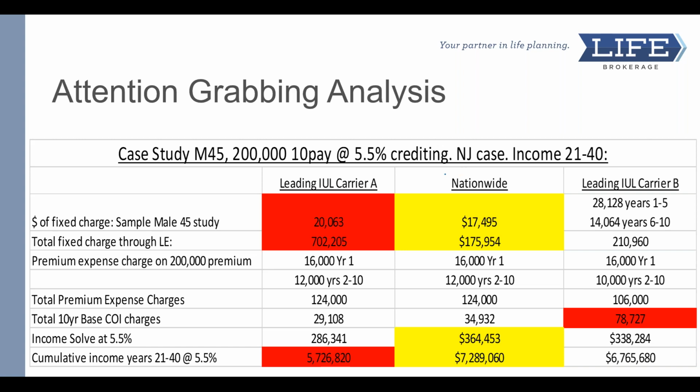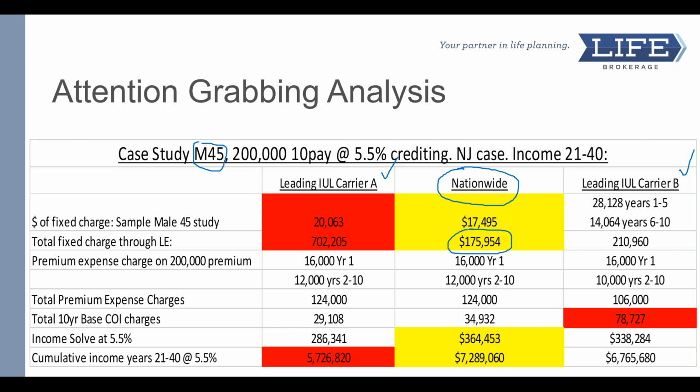And what you're going to see is that we position the Nationwide New Heights product right in the middle here, and we compared it against a leading IUL carrier A and a leading IUL carrier B. We'll leave the names off here. And this is a 45-year-old male, $200,000 10-pay, assuming a 5.5% crediting rate in New Jersey, and we ran an income solve. So you're dropping $200,000 into the contract, and immediately you want to see what dollar amount is going towards the fixed charge. And you'll see that the carriers are somewhat in line